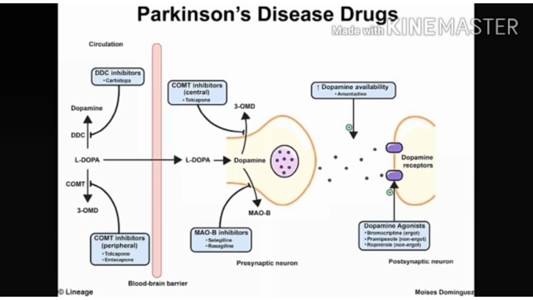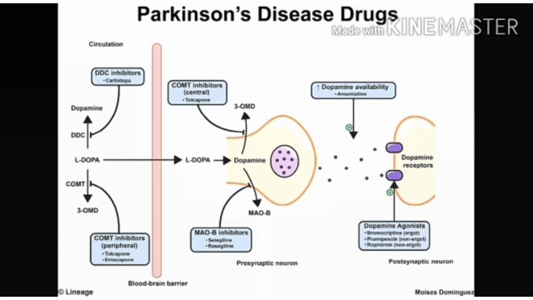Now levodopa is sufficiently available to cross the blood-brain barrier. In the brain, levodopa is further metabolized to form dopamine, and dopamine is further metabolized to form a toxic metabolite. So we need to stop the formation of this toxic metabolite. For that purpose, we need a MAO-B inhibitor, that is selegiline and rasagiline, and a COMT inhibitor, that is